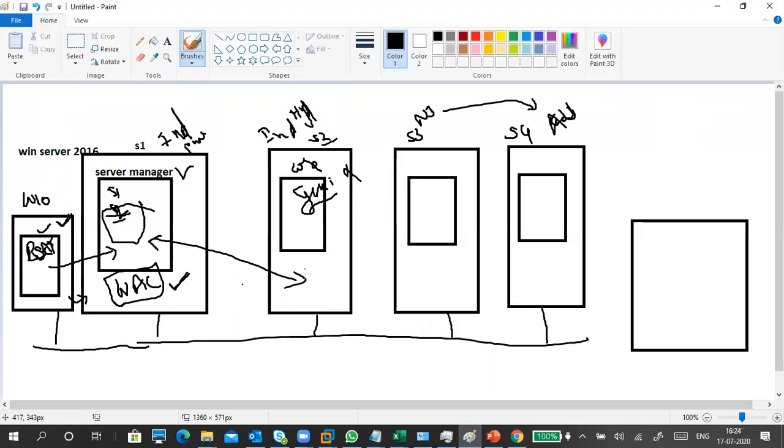Once I install it, this server has an IP address, right? So I will go to a web browser on my PC, which is connected in the same network or a different network or anywhere in the world. I open my web browser and use this domain name or IP address as the URL. I put the URL, HTTPS, slash, this IP address or domain name, and then it asks for a username and password.